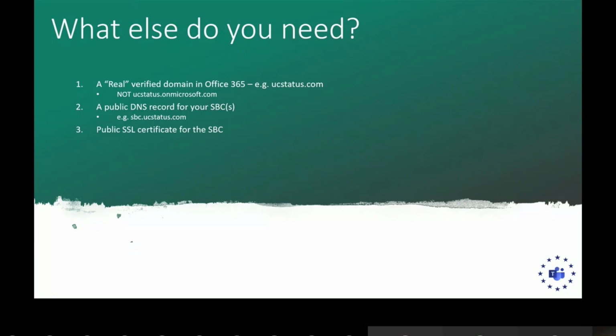Which brings me on to the public certificate. So the SSL certificate works with a wildcard. If you've got multiple SBCs, it's best not to have a certificate that is tied to one specific name, like sbc.domain.com. What happens if you change the SBC or you want to add in resiliency? You'll need to add more SANs to the certificate. But in this case, just use a wildcard.